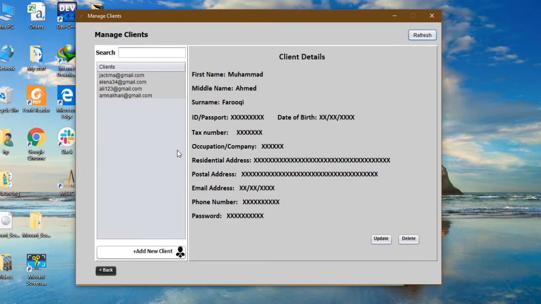As you can see, various client details are already written here. Alright, this tab is all about the updating of a client, deletion of a client, or we can add the details of a new client. You can easily update the data of any client by this tab. You can delete the data of any client by this tab. And here's a tab by which you can add the data of your new client. Let's take an example.